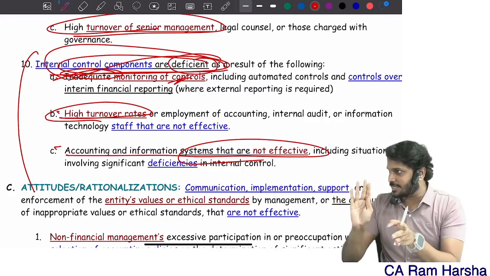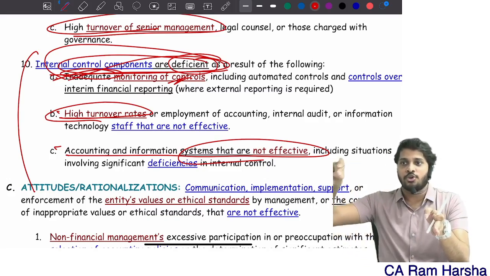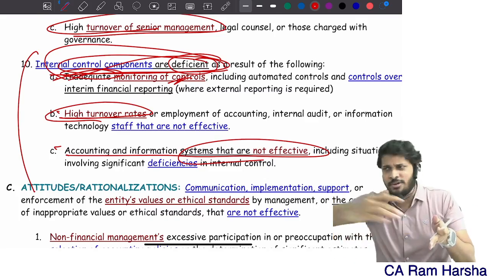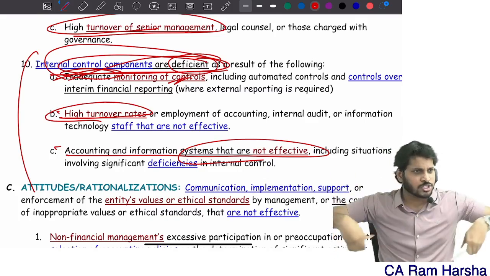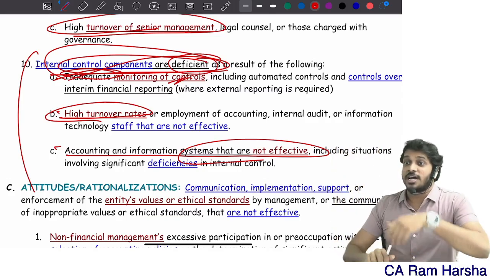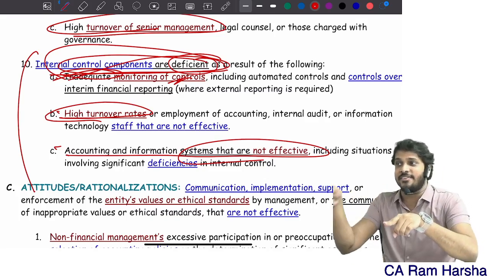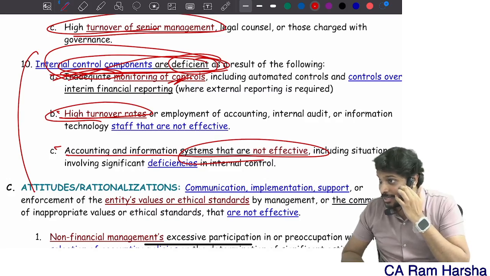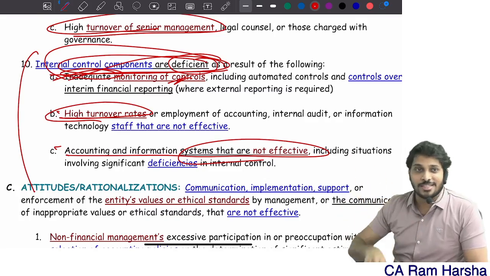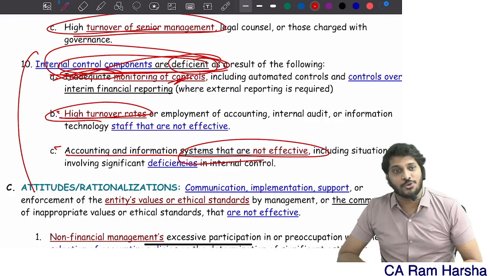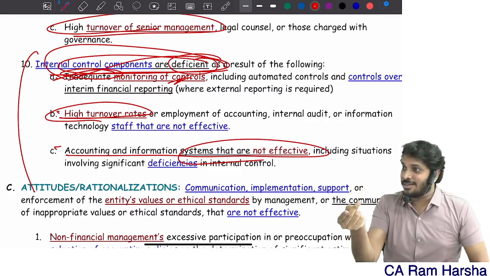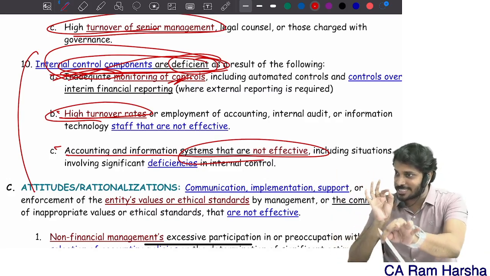What is the ticketing control objective? You took a ticket from A to B. You should get off only at B or before B, but you cannot go beyond B. Correct? Maybe you roamed around sometime, used the resources of the metro rail and came back. But at the end of the day, you will get out where? B only. The control objective is achieved, though there is a deviation of control. Are you getting it? The service auditor has to report that also. In 3402, the service auditor has to report the control objectives and whether a deviation is there. Even though the control objective is achieved, the deviation shall also be reported. This is the example for that.